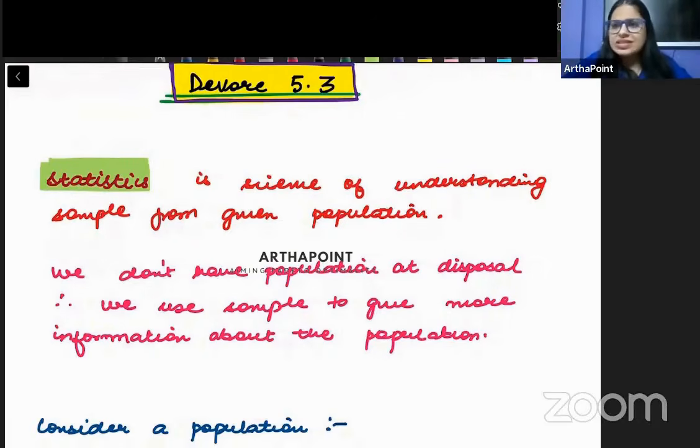For example, the easiest example can be, let's say I want to know how my students are performing in a mock test, and I don't have the data of all the students, because maybe I have 1,000 students but only 30 students gave the test. The remaining people did not give the mock test, and I want to get some estimate of how they will perform in the final exam and how they are performing.